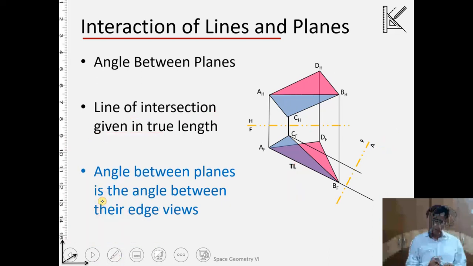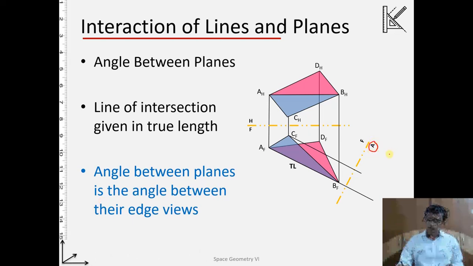Alright, let me clean it. And as we know, as per our definition, of course the name I have written here is A, but as per our definition, this is A3, this is A2, and this is A1. So the horizontal is A1, the frontal is A2, and the auxiliary plane A is A3. So we are taking the projectors from A2, so these are the directions of the projectors. Similarly from D also the projectors will come like this. Alright, and then we'll be taking the distances from A1, or in this case the horizontal plane. So let us do it.